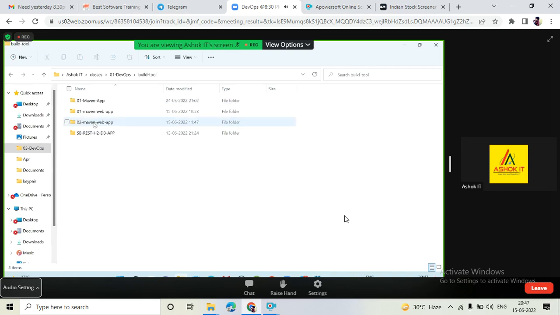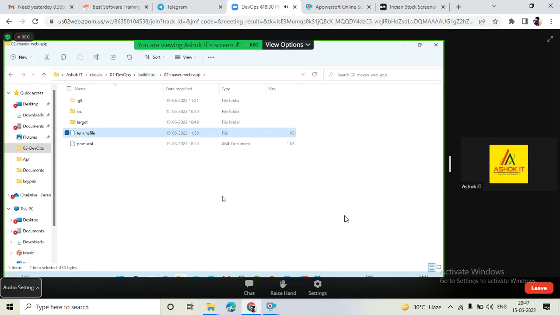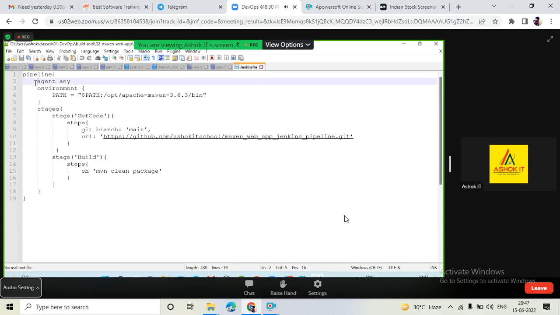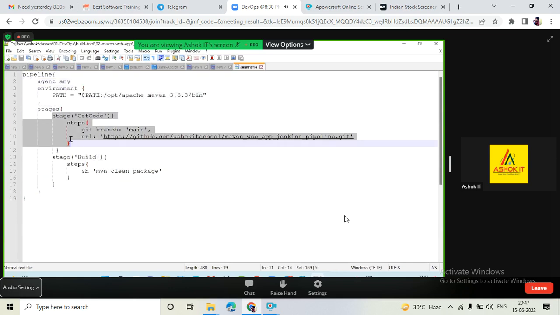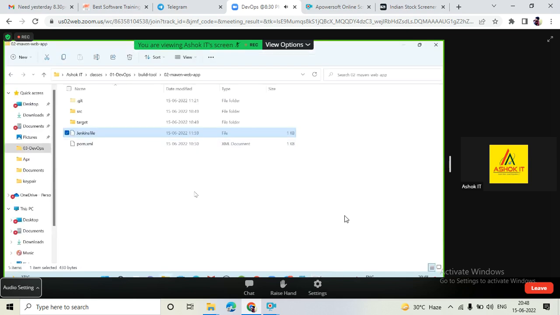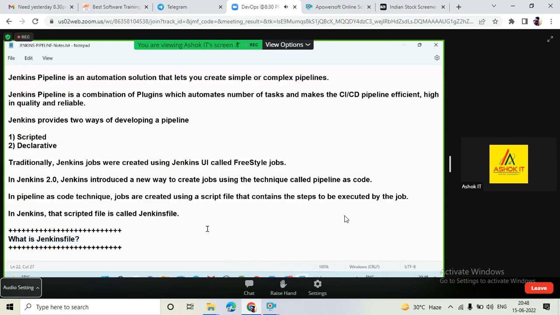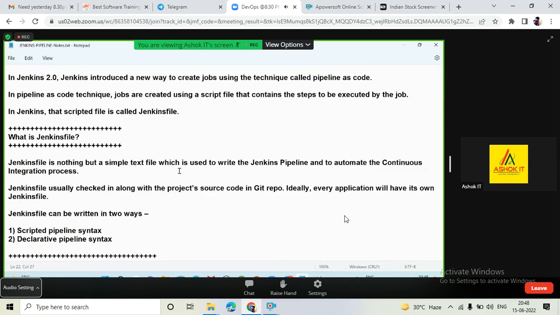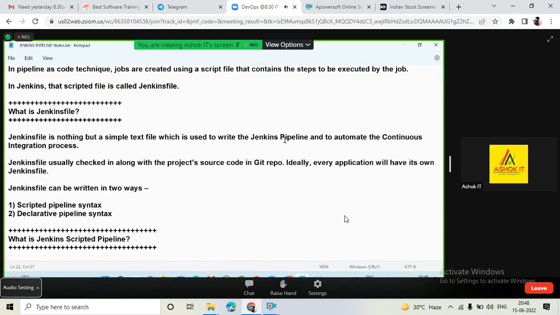just like we have a pom.xml, similarly we can keep one file called Jenkinsfile. In this Jenkinsfile, we can keep our script: pipeline, agent, environment, stages, get the code, build the code. Whatever pipeline script you want to write, you can keep it inside a Jenkinsfile. What is this Jenkinsfile? A Jenkinsfile is just a simple text file which is used to write the Jenkins pipeline to automate the continuous integration